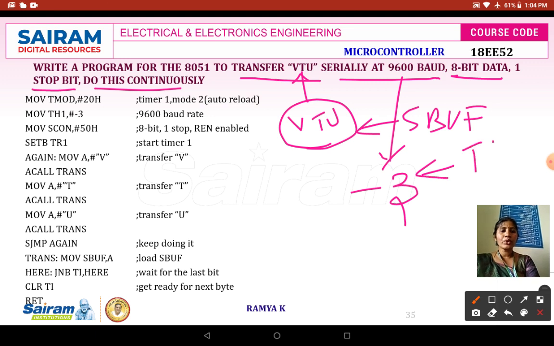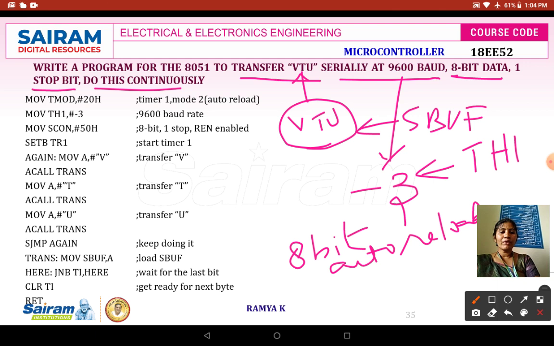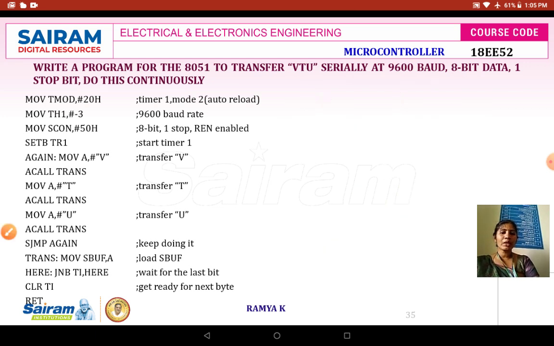We need to load this into the timer register TH1, because we are going to prefer 8-bit auto reload. To prefer 8-bit auto reload, we need to load the TMOD register with either 20H or 02H, depending upon the timer we use.